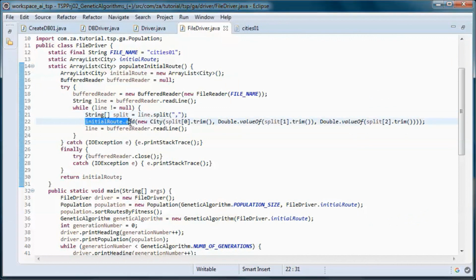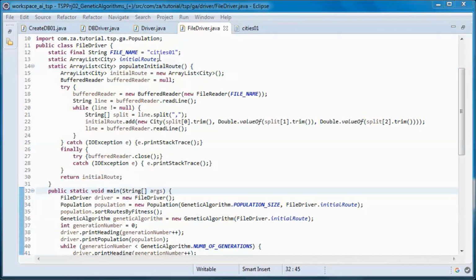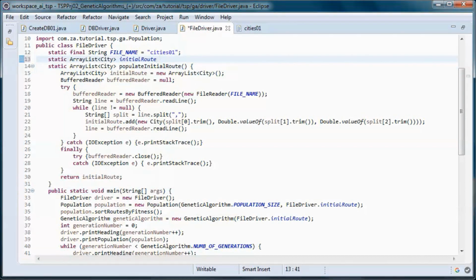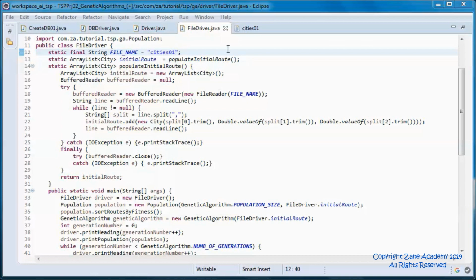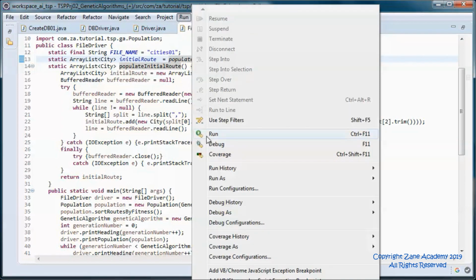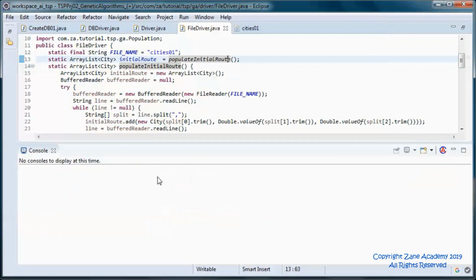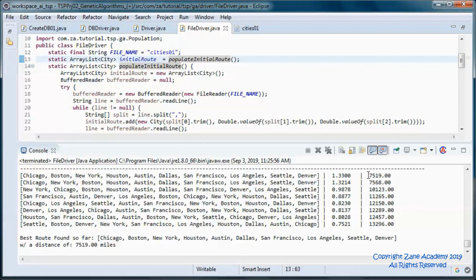And populates and returns an array list of cities. And finally, let's go ahead and do a test run. And maybe try again.